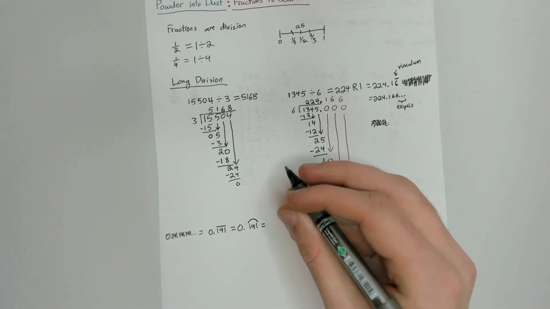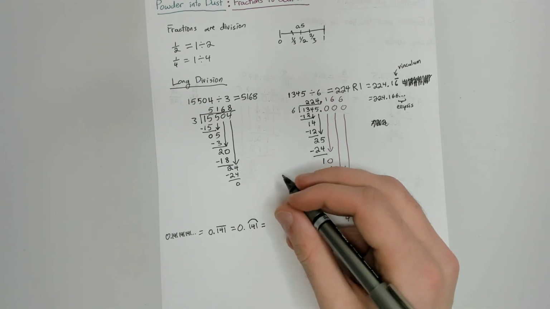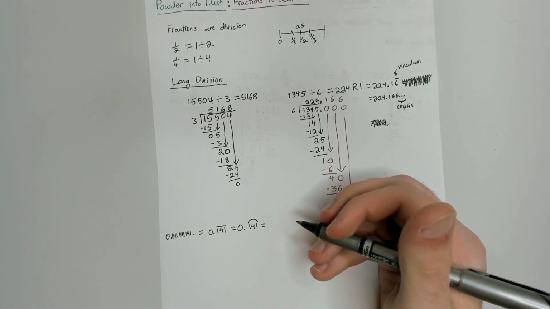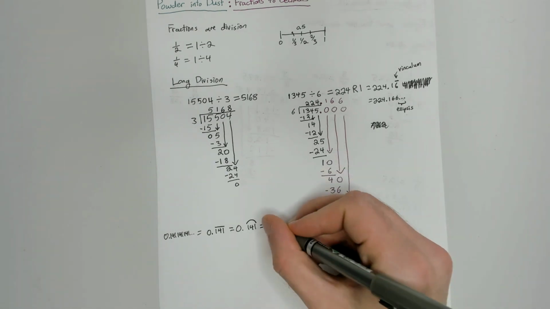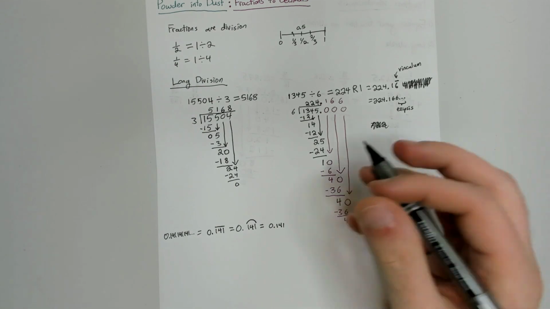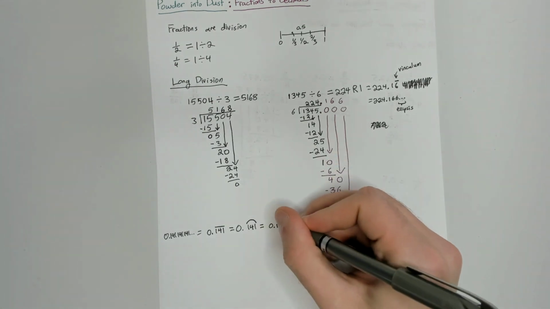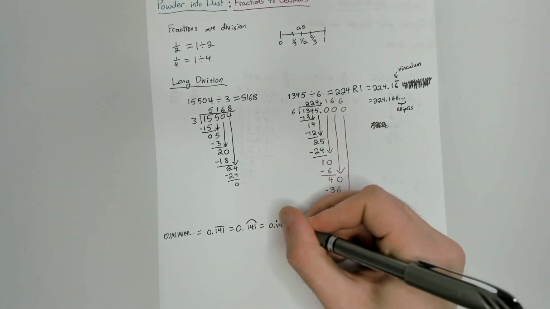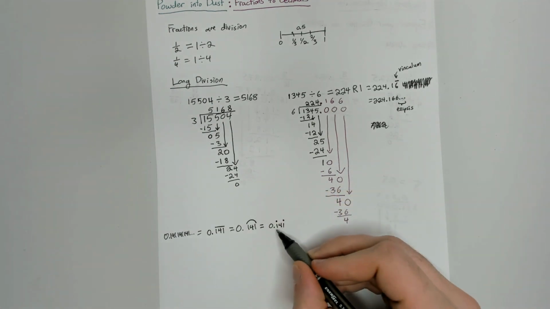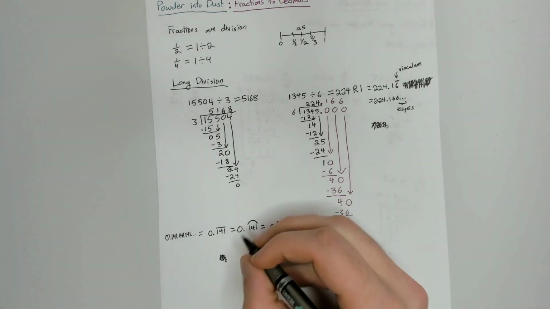And this last one you'll also see in a few places on Earth, maybe in the Middle East, in Europe, in some Asian countries, and that is using a dot above the repeated part. So the idea is you put a dot over the first digit of the repeating part and a dot over the last digit. So this indicates that the 141 is repeating. So if we looked at